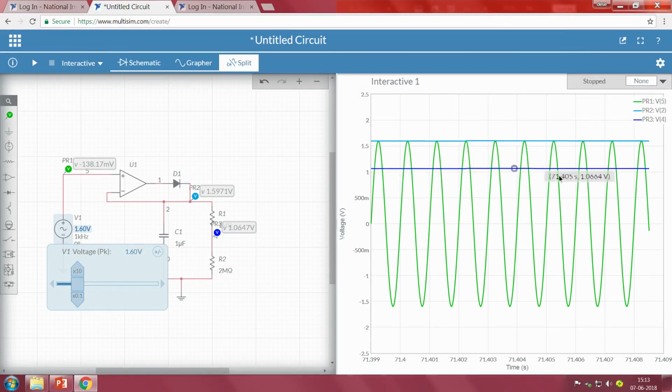Now, we have said this. Now, what we have to do? The input signal should be compared with this particular threshold value, and whenever the input value is greater than the threshold value, only that particular value has to be pumped out. So, in order to do that, what we have to use? We have to go with a comparator.